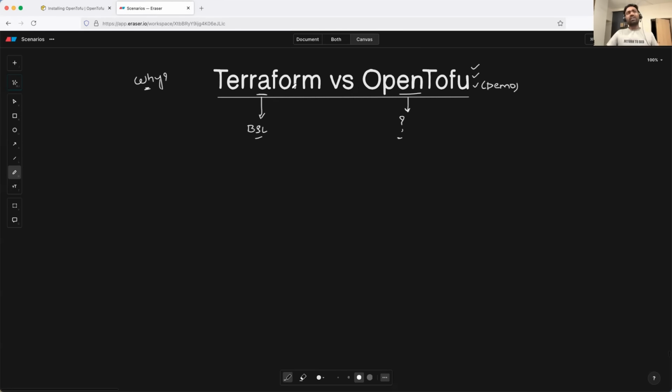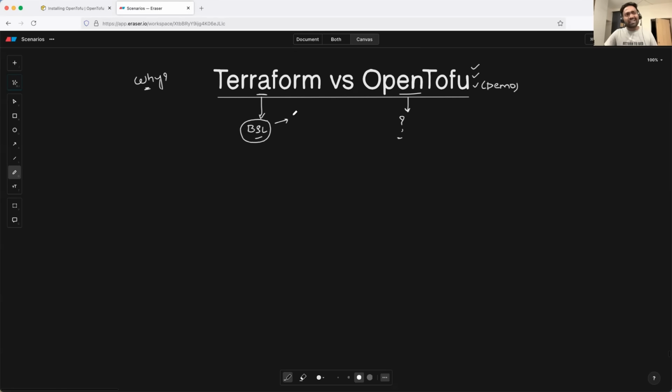Terraform used to be an open source project. Anyone can use Terraform. Even anyone can offer Terraform as part of their managed services. But this licensing change makes Terraform a closed source project, or not an open source project. It's better to call it that.